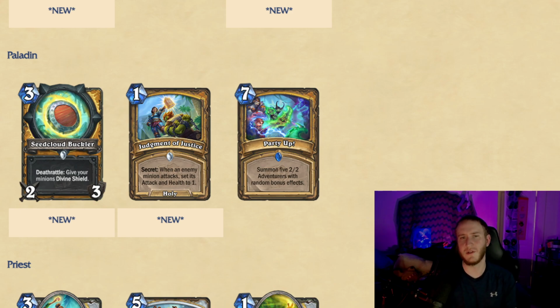Then let's move on to Party Up, which is a 7-mana spell. Summon 5 2/2 Adventurers with random bonus effects. As we were talking about earlier, there are 8 possible bonus effects. As I talked about earlier, you have 5 shots at 8 possible effects like Rush, Divine Shield, Poison. If you get Divine Shield or especially Poison, and you have